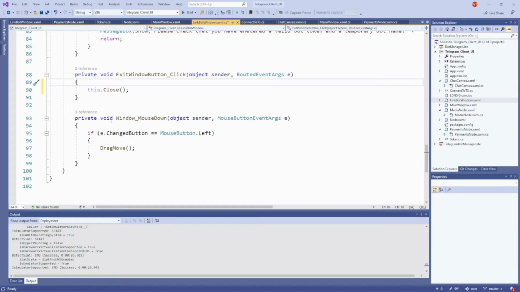And also, we enable the window to be draggable. And now you may be thinking, why did I do this? Why did I manually allow the window to be draggable in order to move the window around the screen? Well, if we go back to the XAML,